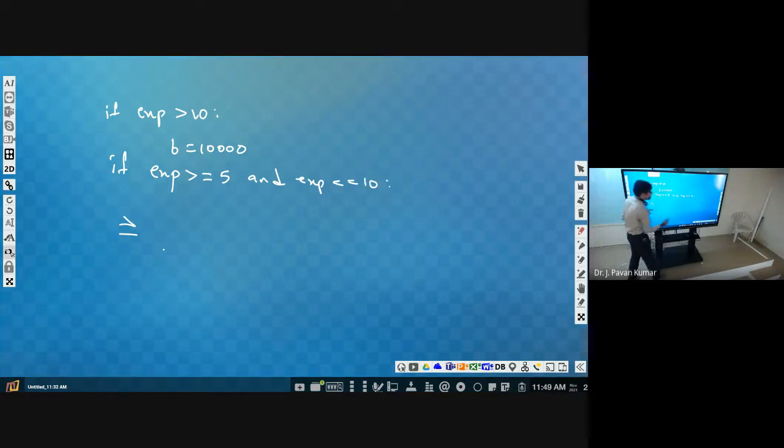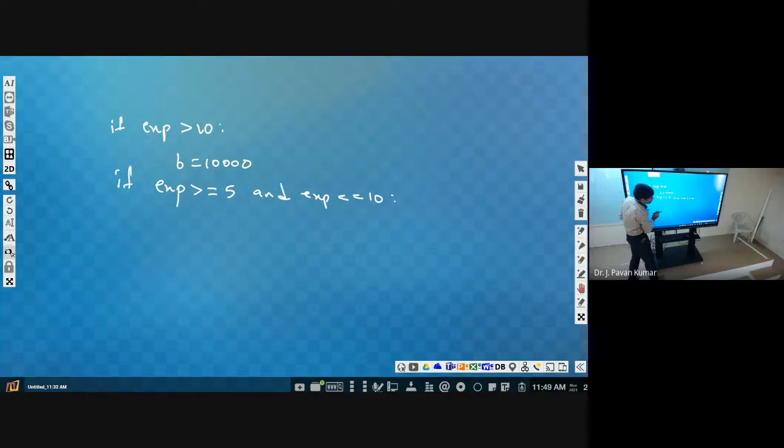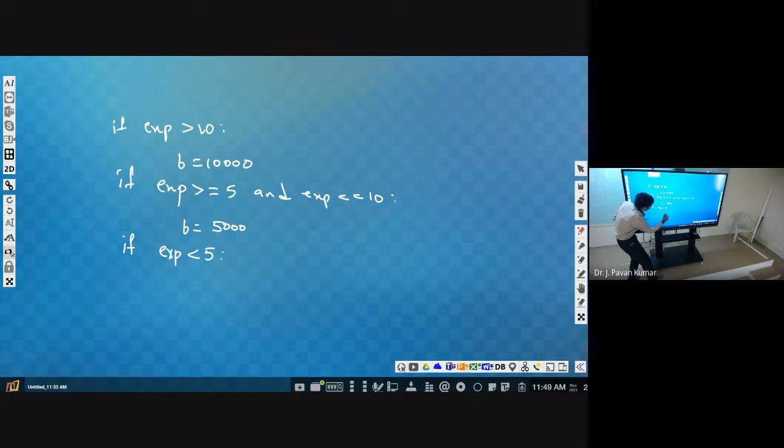Then colon, then bonus equal to 5,000. Then again if experience is less than 5, then bonus equal to 1,000.